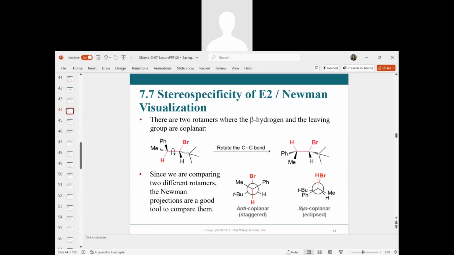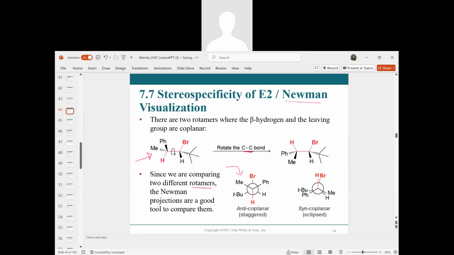And we can visualize this a little easier if we use Newman projections. So we see our same compound that was given before, and we can rotate this carbon-carbon bond to start to see different rotamers, different conformations of this compound after rotating freely about that carbon-carbon single bond. So we see here in this first staggered conformation that we have our halogen, our leaving group, and our hydrogen in this anti-coplanar